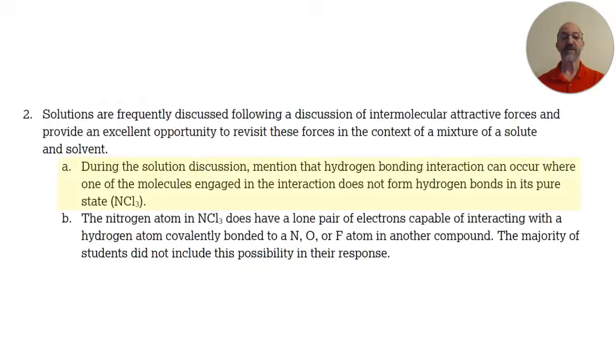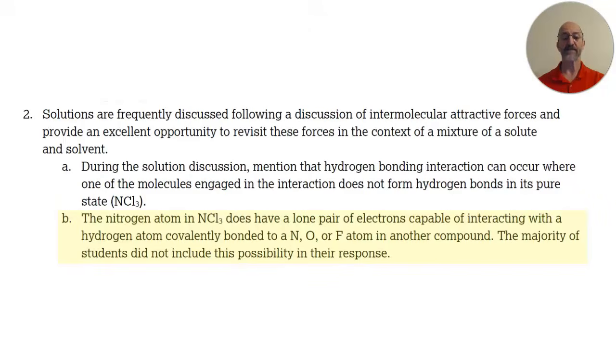During the solution discussion, mention that hydrogen bonding interactions can occur when one of the molecules engaged in the interaction does not form hydrogen bonds in its pure state, such as NCl3. It cannot form hydrogen bonds within itself, but it can form hydrogen bonds with water molecules. So the nitrogen atom in NCl3 does have a lone pair of electrons,